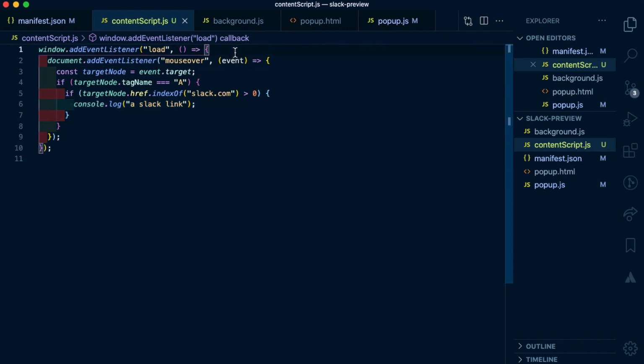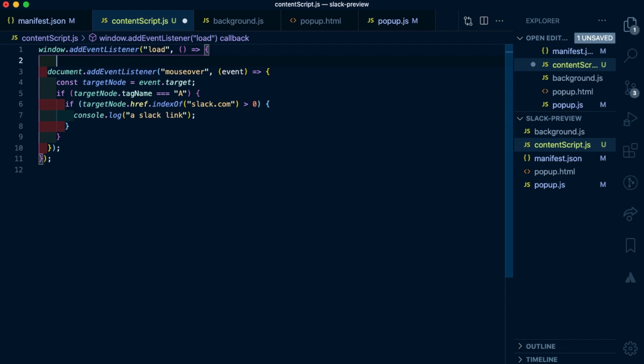What we can do is make sure that the Chrome extension is logged into the Slack app before even activating any mouse over targets. To do that, we can say